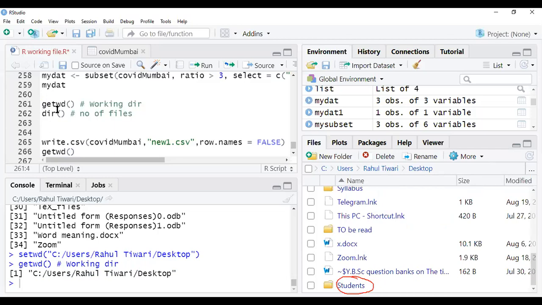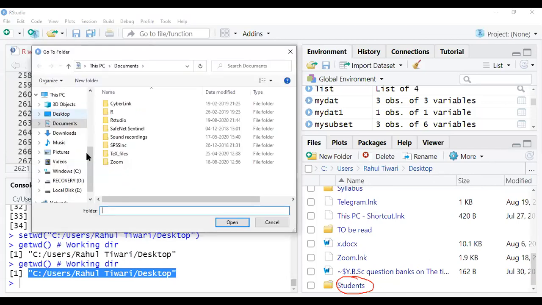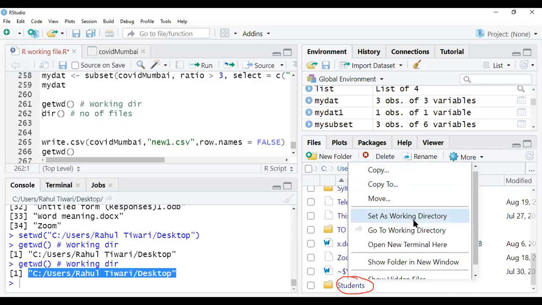Before that, just type getwd. It will show you the current directory, meaning now I am working on this particular desktop. So first you go to your three dots, click on desktop, open, and then create your folder. After creating the folder, you have to go here and set as working directory. You have to understand these steps. Just say set as working directory. If you don't set as working directory, it will show me the previous directory only.